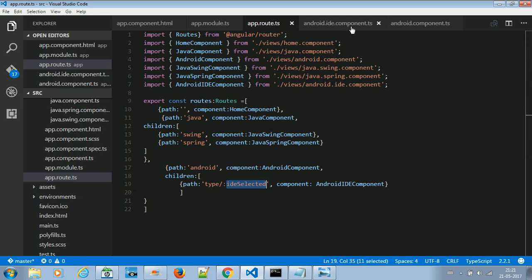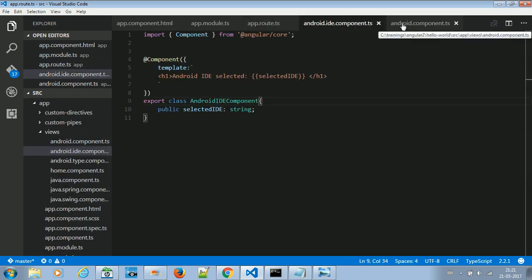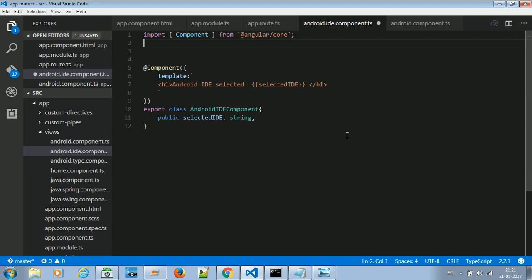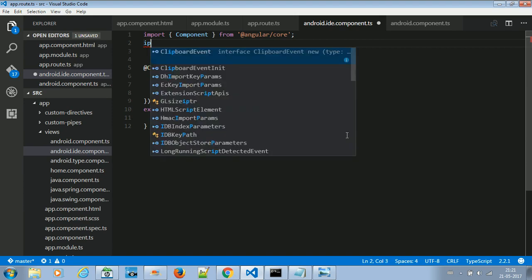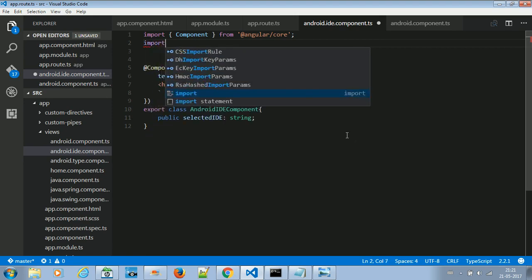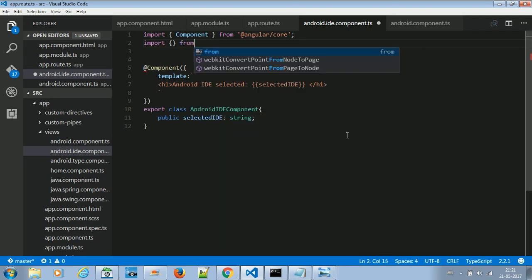Okay, so now we need to fetch this value. Our routing is working fine, but we still have to fetch the parameter. To fetch the parameter, we need a component called ActivatedRoute, and that is also part of the core Angular router. So if I say import from @angular/router, and then let's check for this dependency,